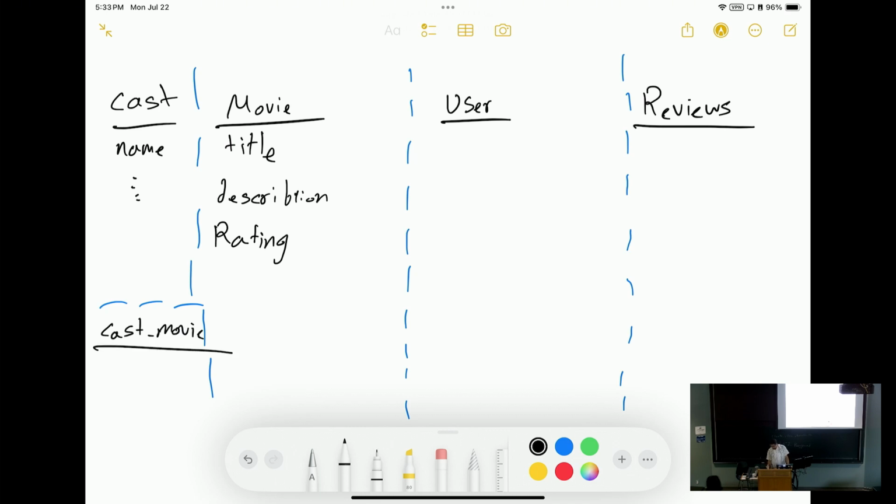What is it going to have? This one is going to connect cast to movie and be the middleman. So it's going to have something from movie and something from cast. But how are we going to identify each record in cast and movie uniquely? Because we need them to be unique here. We add a field called ID. That's the only reason that we have